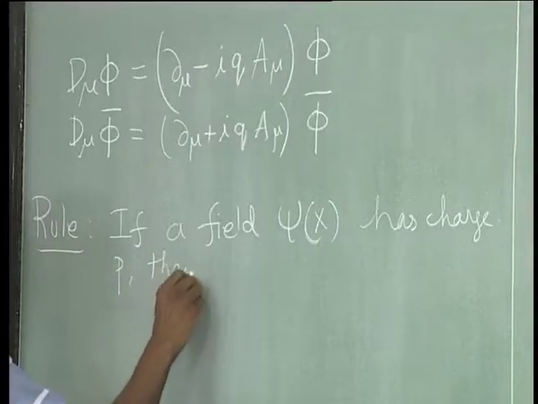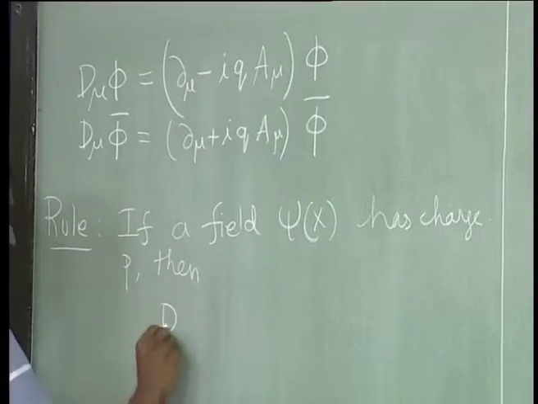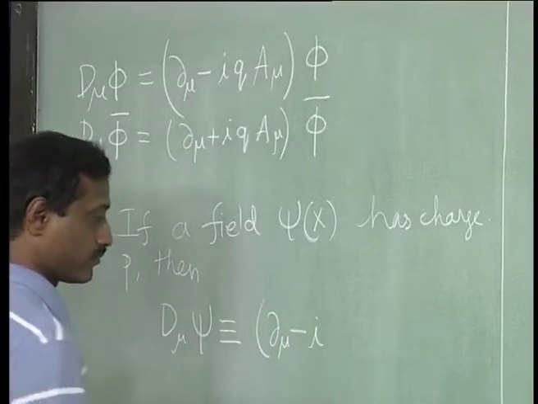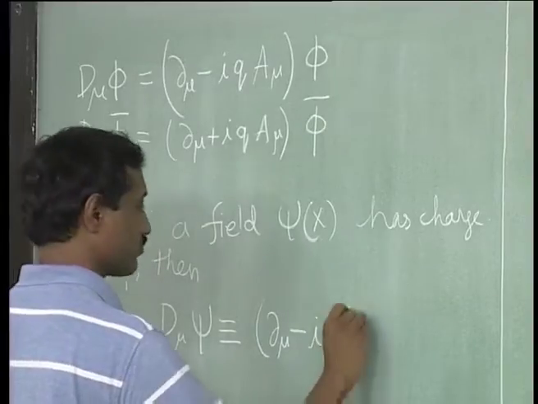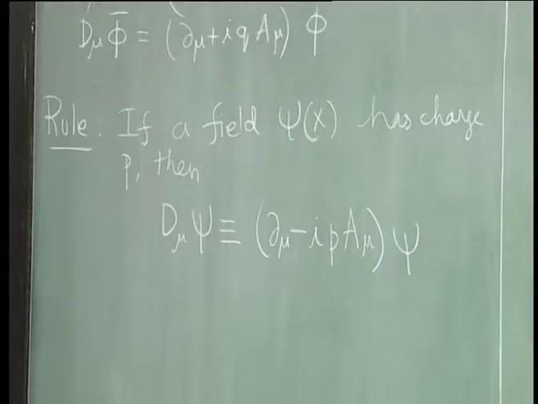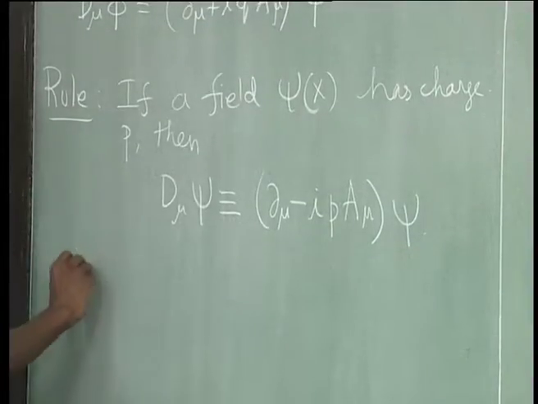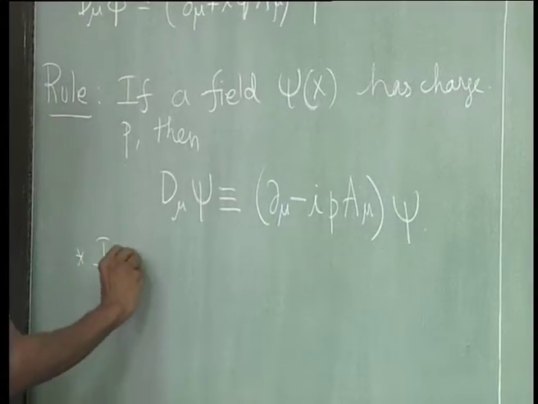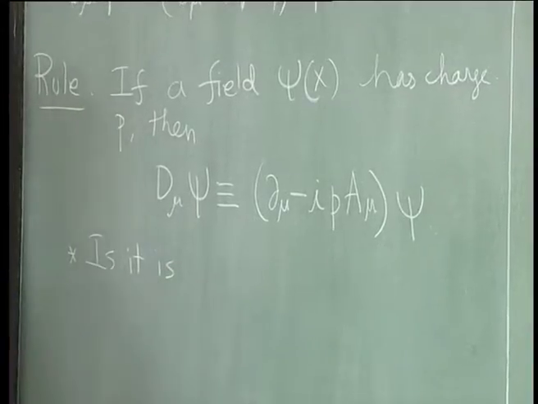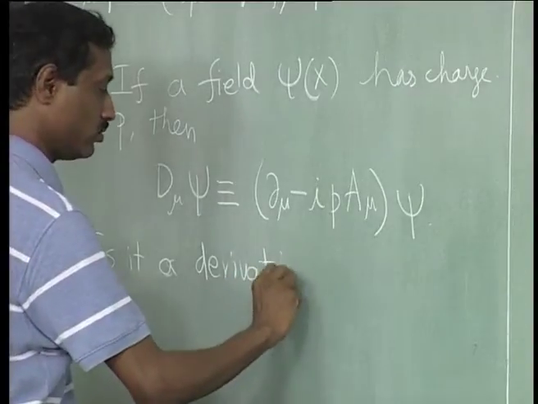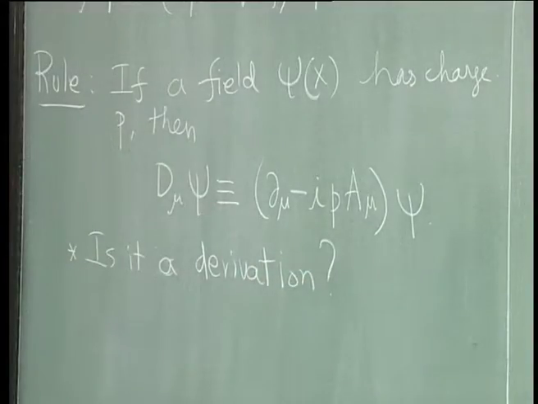then the covariant derivative D mu of psi, which is defined to be... So, we needed to verify two things. Is it a derivation, that is, is the Leibniz rule valid? I gave you a couple of examples, hopefully you have checked them out. So, the first one,